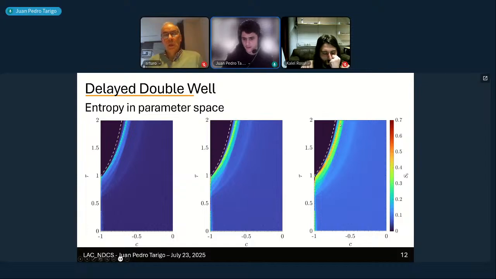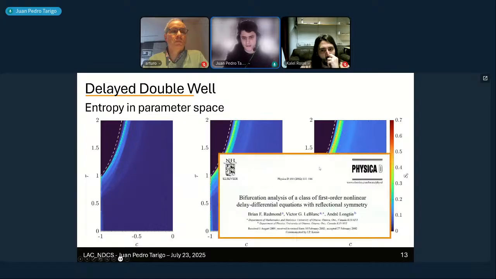Basin entropy peaks here near the Hopf bifurcation, but not quite in the Hopf bifurcation. And this was shown analytically in a paper. So this line where basin entropy peaks is precisely where the